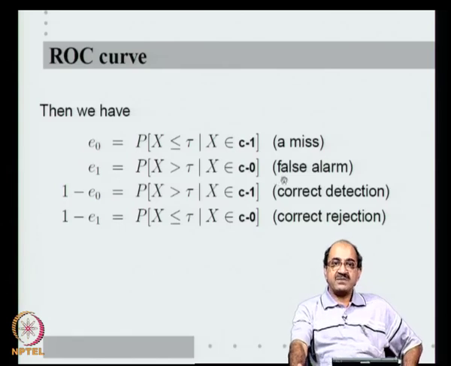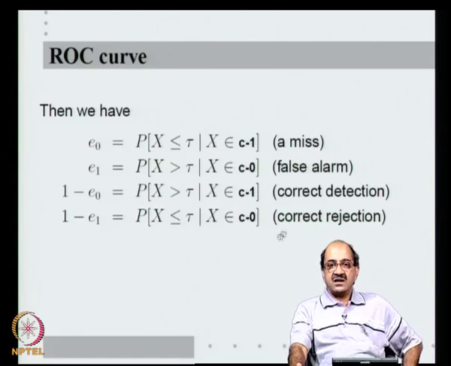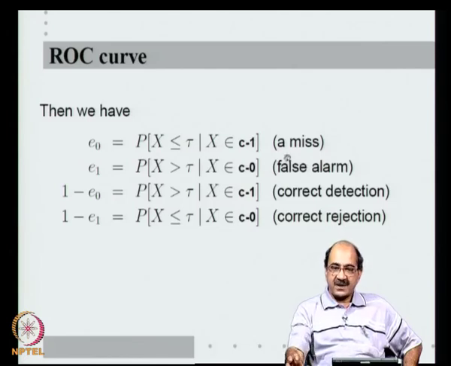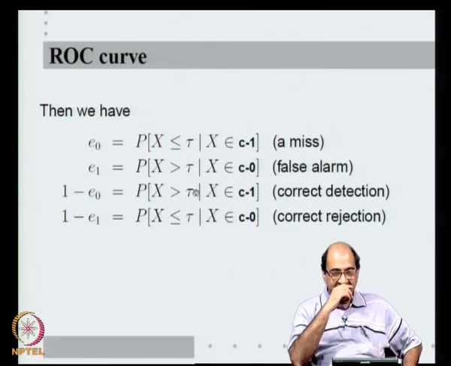So, those are the 4 names. The receiver operating characteristic name also comes from the fact that all this decision theory is embedded into the radar receiver, and choosing tau is like choosing an operating point for the receiver. That is why this is called receiver operating characteristics. Okay, coming back, given these numbers E 0, E 1, 1 minus E 0, 1 minus E 1,